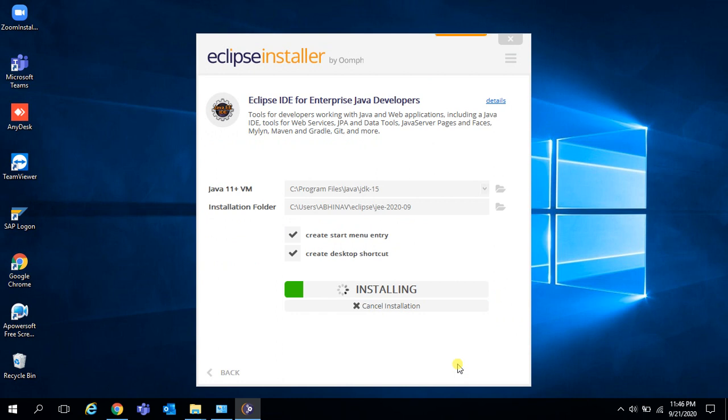I selected Eclipse IDE for enterprise Java developers. This one supports Java SE applications and Java EE applications. So you can write core Java programs, you can write advanced Java programs, you can write Java EE enterprise applications also.